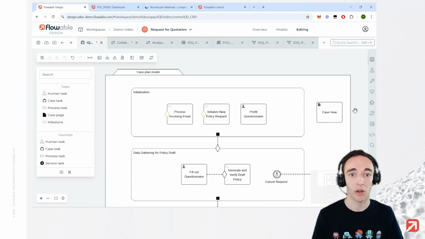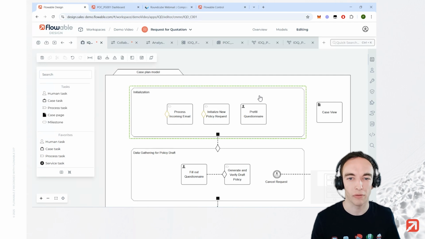In our case, we want to insure a new construction site. And then they contact different insurance providers, get quotes for the insurance policy, and suggest to the end customer the best insurance policy quote that they got. Even without understanding the CMMN workflow standard in detail, we can already very quickly get an overview of what's happening